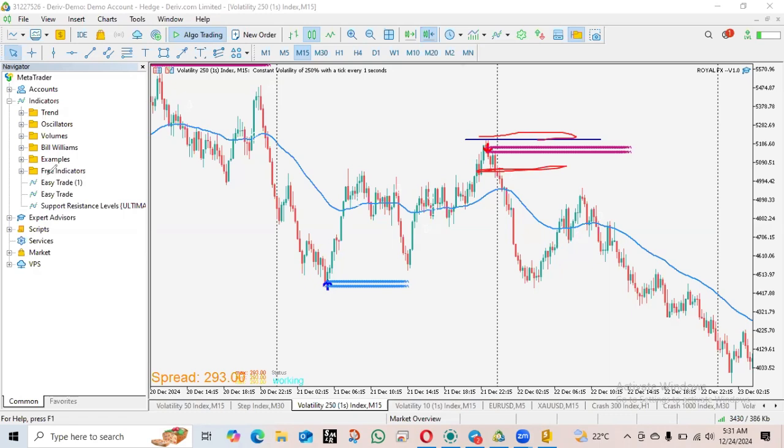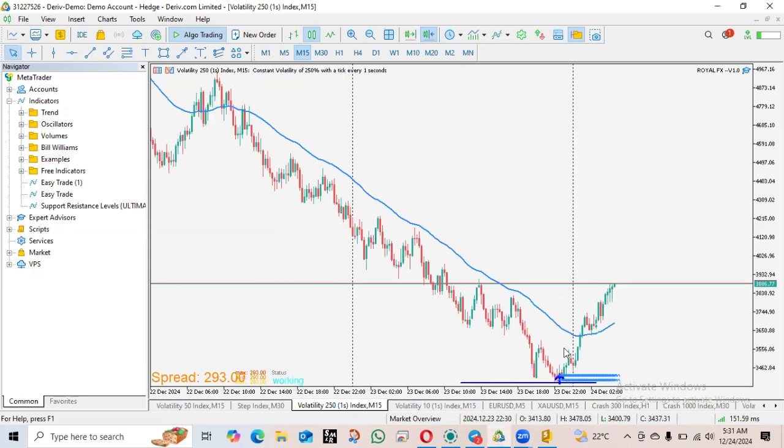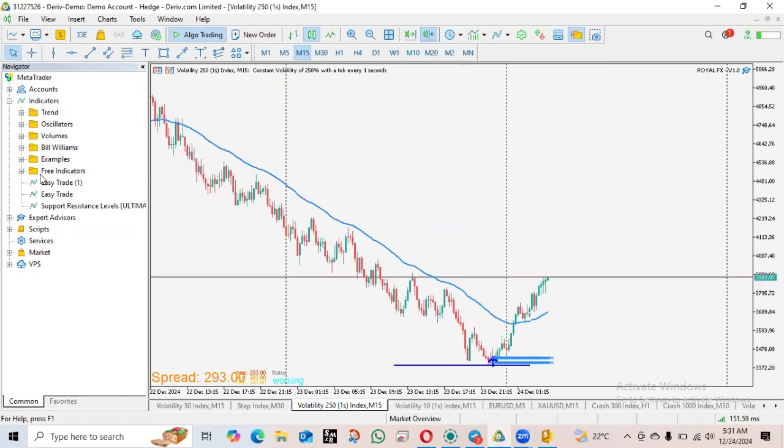So you are good. You can now ride the trade until you see the next setup, until you see the next arrow appear. That's when you can close. Now for this one, both of them appear, and assuming price is somewhere here, you can just take your buy, and then your stop loss will come below here. That's it. Then you keep holding